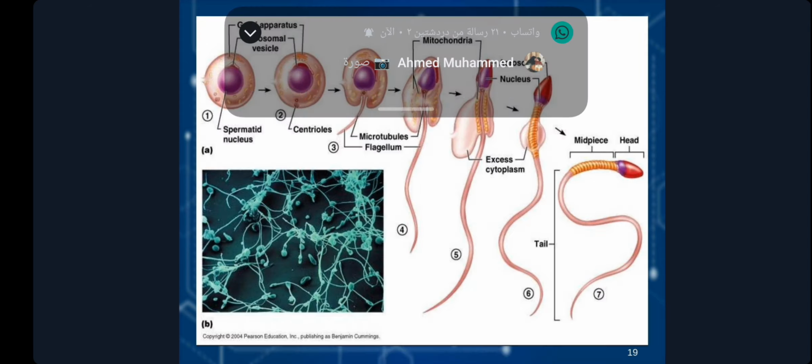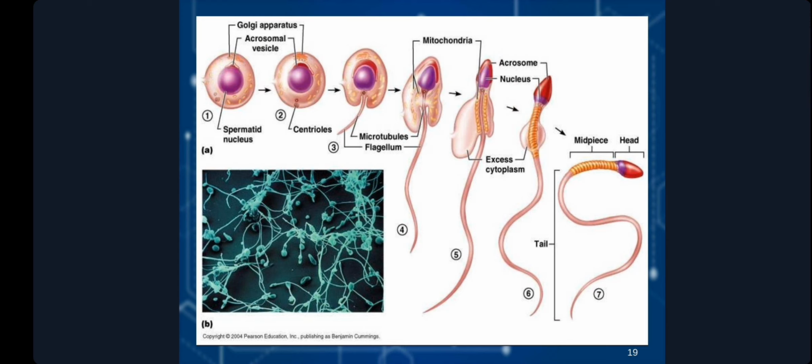Sperm or spermatozoa, you are seeing they have head, mid body and tail. This is a typical sperm differentiation from a normal cell. They lose many organelles. You are seeing that finally sperm contain head part, mid space, and tail. In the head, we have a very compact nucleus and acrosomal proteins. And in the mid space, we have arrangement of